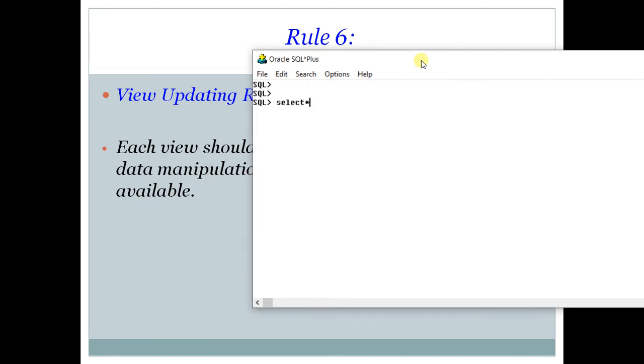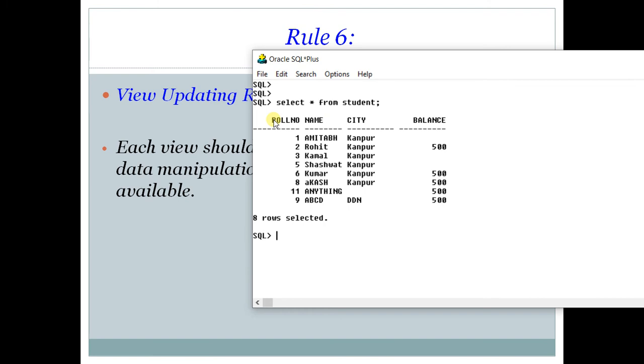Let us take the case of the same table again. Select star from student. You can see this table. Make sure that you have created this table, or you can use any other table which has a numeric column. Now suppose you have to write a query again and again like this: select name, comma city, comma balance, comma balance plus 500, comma balance plus 1000 from student.